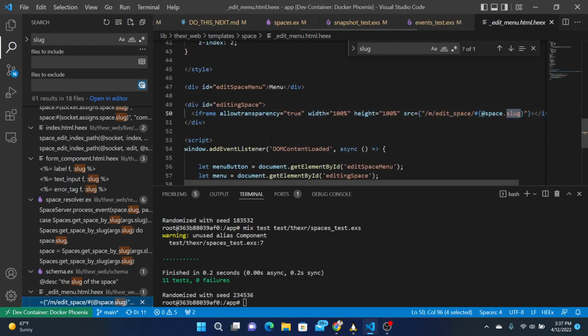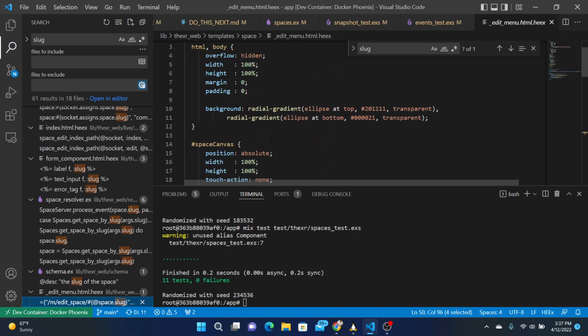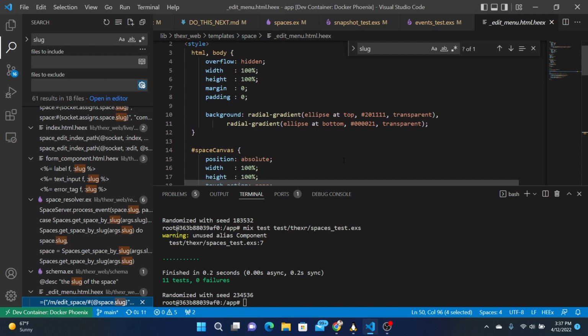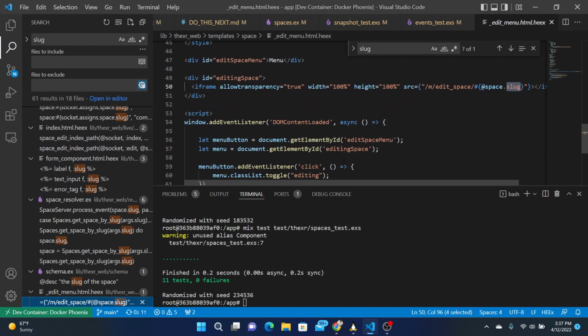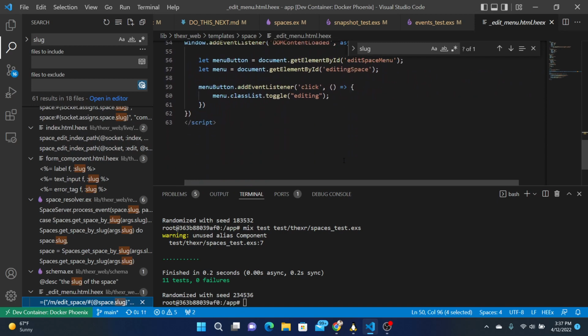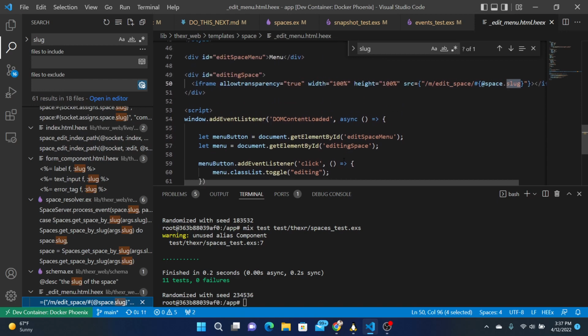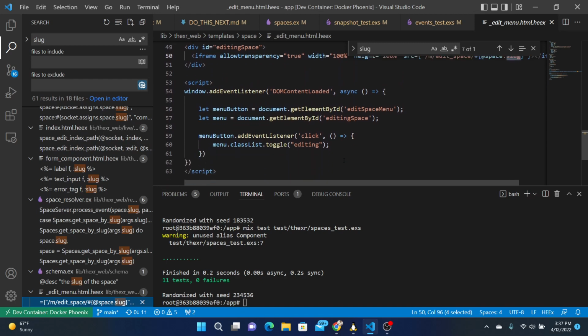Edit menu. What is this? Templates. Oh, okay, this is the template for editing a space. Are we using this? I don't think that we are. This was the live view iframe that would pop up.